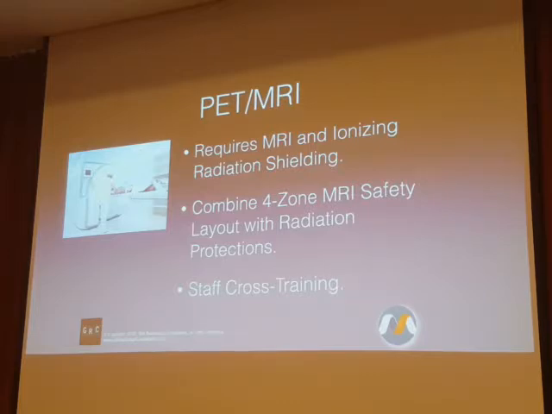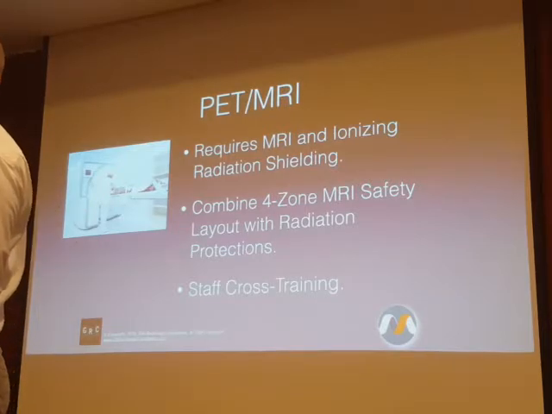The flow and access restrictions associated with radioactivity, and the flow and access restrictions associated with the 4 zones don't match up perfectly in every instance. And so it takes some careful planning and thought to make it so that you don't compromise the safety of radiation exposure in order to achieve the 4 zones, or vice versa. They can be done in harmony, but it requires mapping out the functional process and recognizing that in some cases